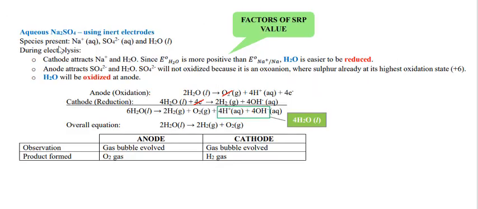For the aqueous sodium sulfate, by using inert electrodes, the species present in this electrolyte are sodium ion, sulfate ion, and water. The cathode will attract sodium ion and water. Since the E value of water is more positive than that of sodium, water will be reduced at the cathode, while the anode will attract the sulfate ion and water. Since sulfate ion will not be oxidized because it is also an ion, water will be oxidized at